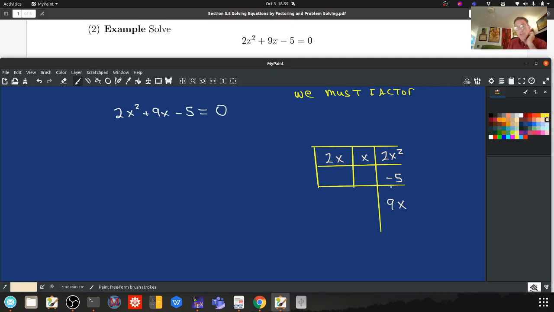positive. So let's try minus 5 and 1. Minus 5 times 1 is going to give me minus 5. So it's going to give me minus 10x plus x. That's going to give me minus 9x, not 9x. So let's change the negative sign. And I do this purposely